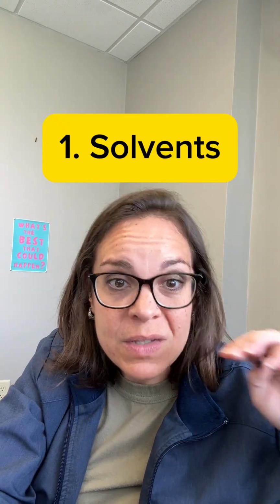I consider solvents the top most worrisome because they are absorbed through the skin. You breathe them in easily. They are everywhere, especially in the trades, and they cross the placental barrier and they can get right to the baby. Resins, epoxies, xylene, toluene, isocyanates, degreasers, brake cleaners, paints, all of the things in all of the trades frequently